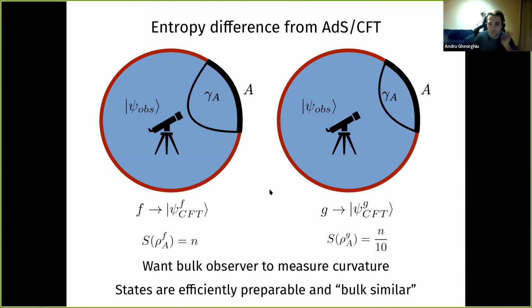To do this efficiently, you need to assume that these states could be produced efficiently. In general, I'm not sure exactly how one would do that, but we saw that at least we can generate states of very low depth for which there is a noticeable entropy difference. And we also want these states to have a property that I'll just call bulk similar. By this, I mean that in both cases, there's a well-defined observer inside the bulk that we can time evolve to perform a measurement of the geometry of that bulk. So really, I only want the states in the interior to differ only by the geometry, say close to the boundary, but not by how the observers are in the interior.